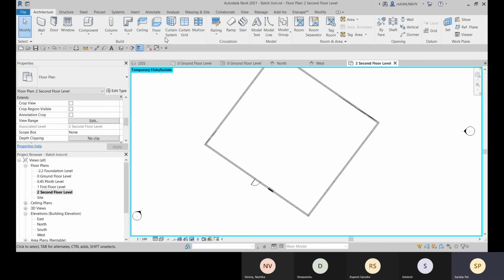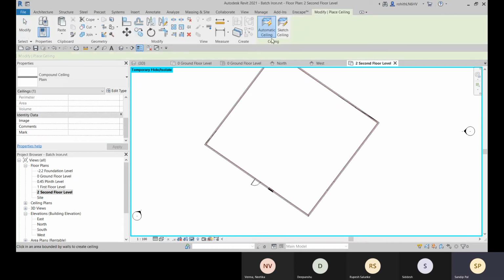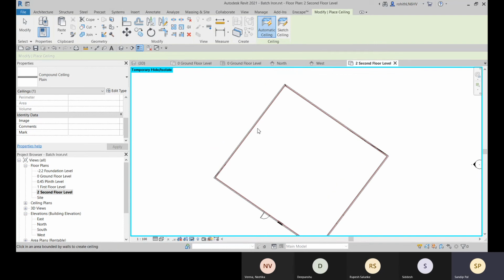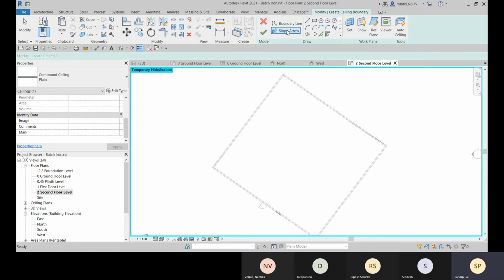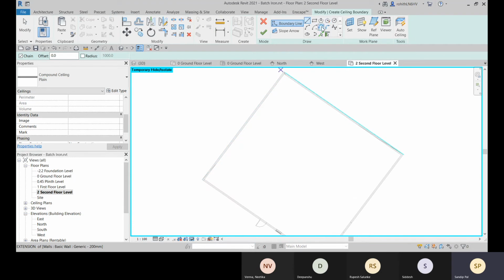Now let's go for the ceiling option, and it will create an automatic ceiling. It will identify the closed boundary. Just place your mouse, and it will identify the closed area surrounding your mouse pointer, or else you can go to the sketch ceiling option and draw with pick wall or pick line, and you can define the slope arrow and all.